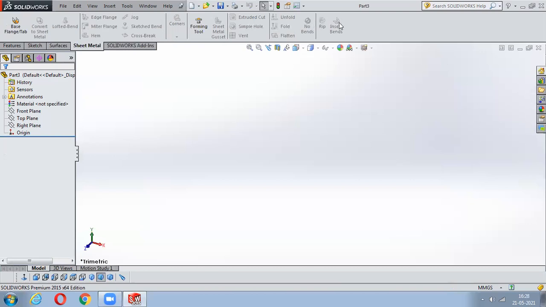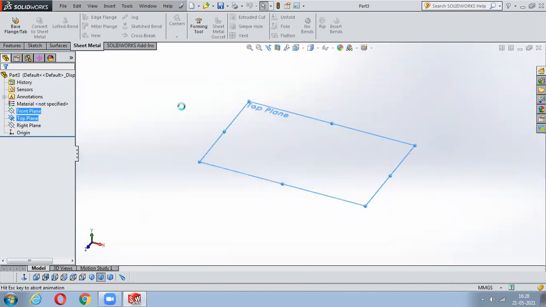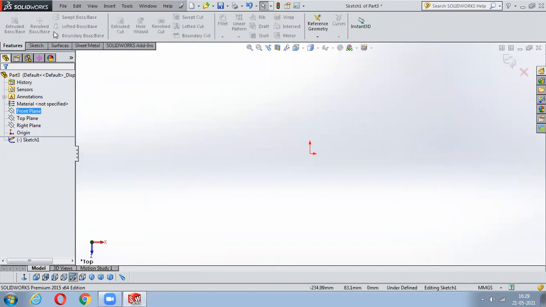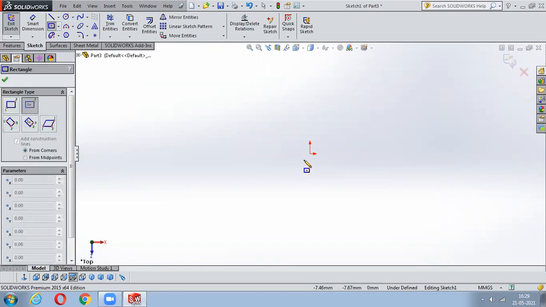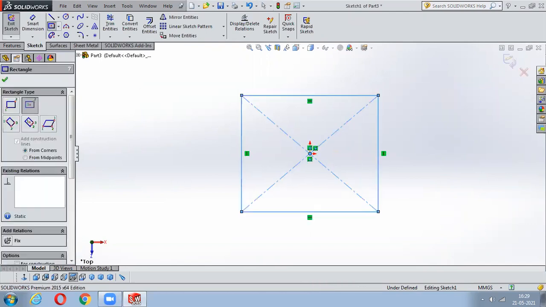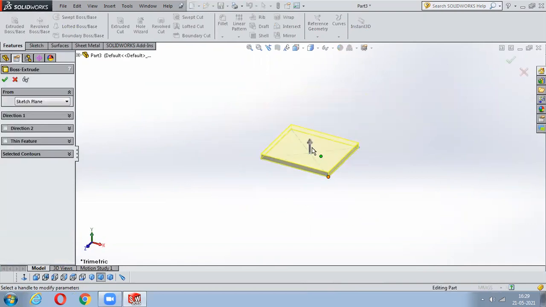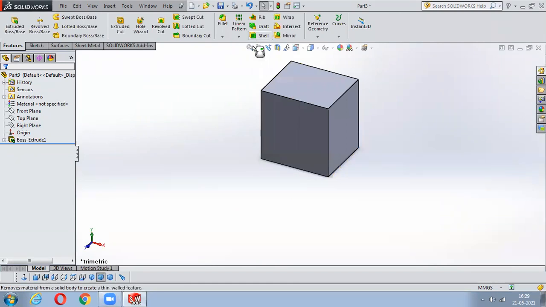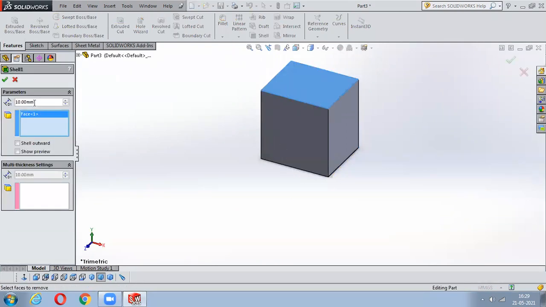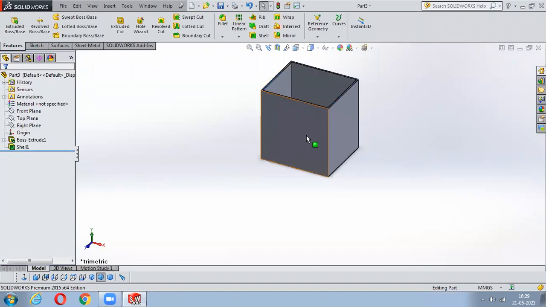Okay. So the last 3 tools in your sheet metal are nothing but what we call converting a solid block into sheet metal. To do that, what I have to do is I'll create a block like this and convert it as a pure solid block. Then I'll go with the shell. I'll click on this face. I'll give the thickness of sheet metal what I want to this. So it will be opened like this.